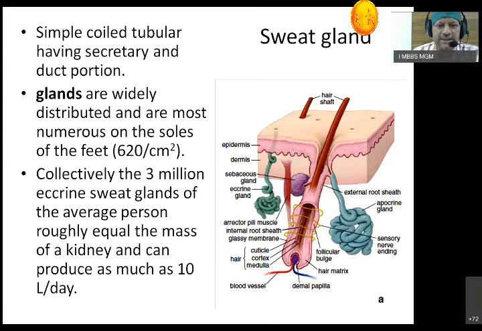And that's why it plays an important role in water balance and basically the electrolyte balance. If required, sweat can be secreted almost 10 liters per day, almost twice our blood volume. That's why when a lot of sweat is there, we get a lot of fatigue. We have to take care of that. Last month was May, when there was a lot of heat, we will talk about heat stroke. So we have to think about why water and electrolytes are essential for us.